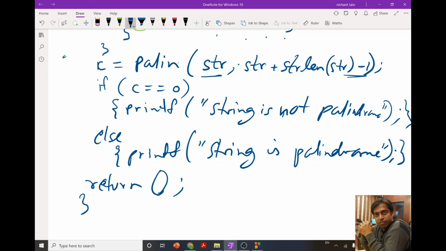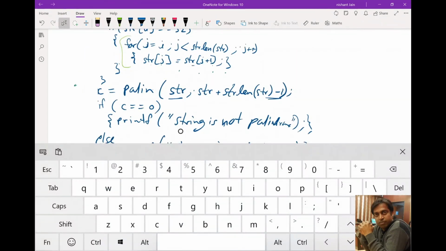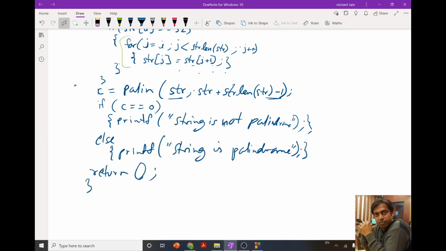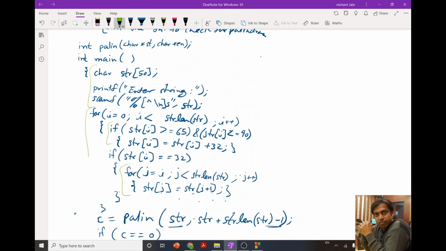main function. So in the main function, let me just give you overall what we have done. We first ask the user to enter the string, and then over here we remove all the spaces, and we convert capital characters into small characters.